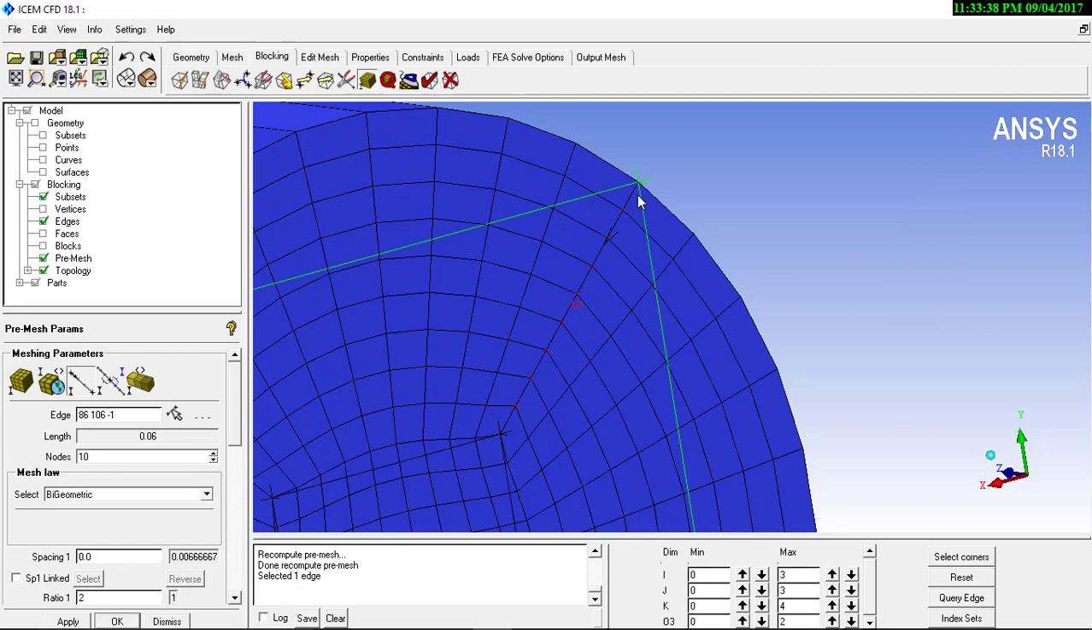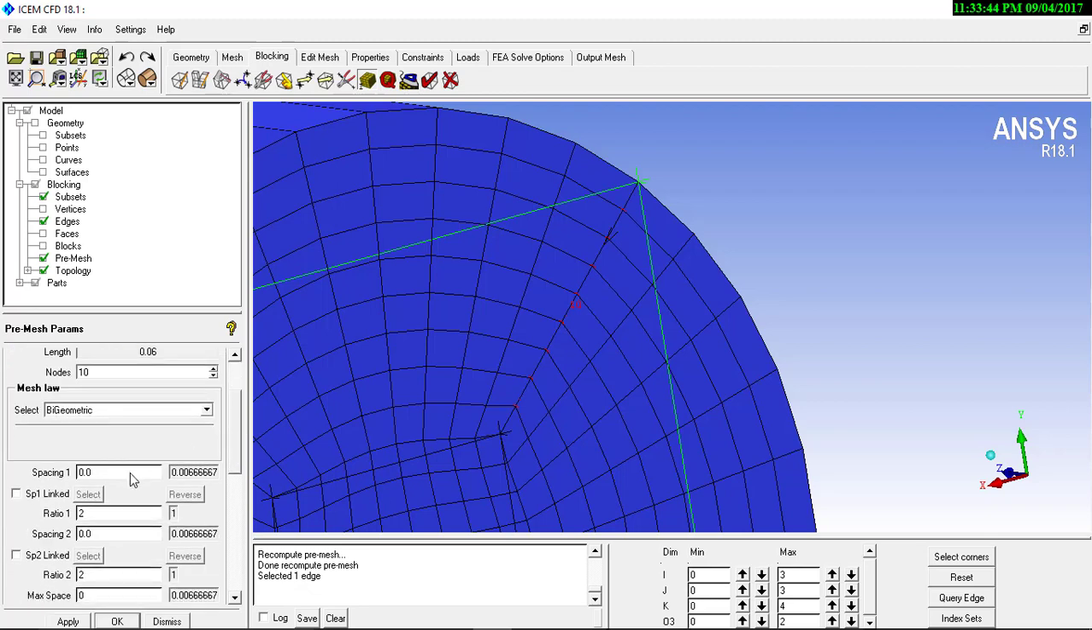So it means that we need to set the parameters on the tail side of this arrow, which is side 1. On side 1, right now the size is 0.006. This is the size which is decided by ICEM CFD itself. So I will just make it